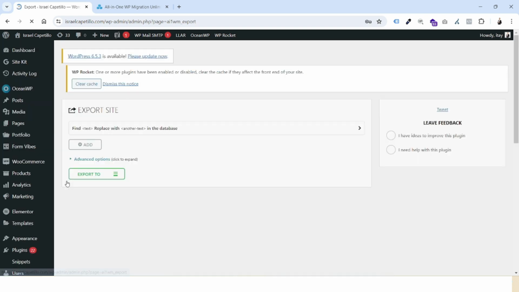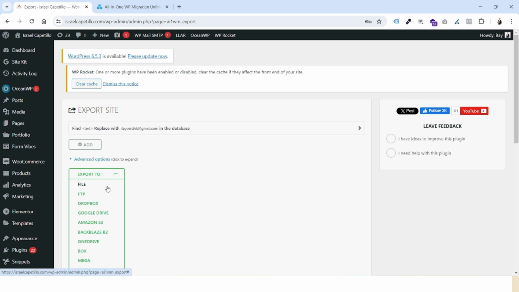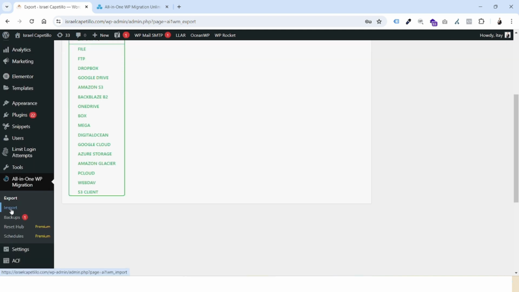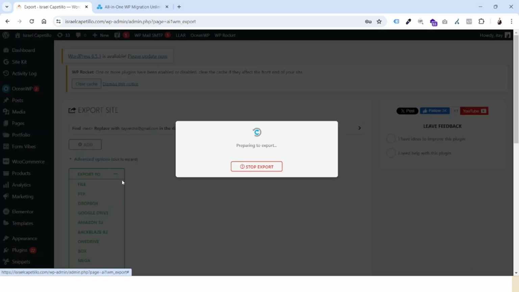It will help you to export the database and the files of the website in one combined file, that you can upload after that in the import section right here. So let's export the website to file right here. This is what I need. It will take a few minutes, and after that you can download your file to your own computer